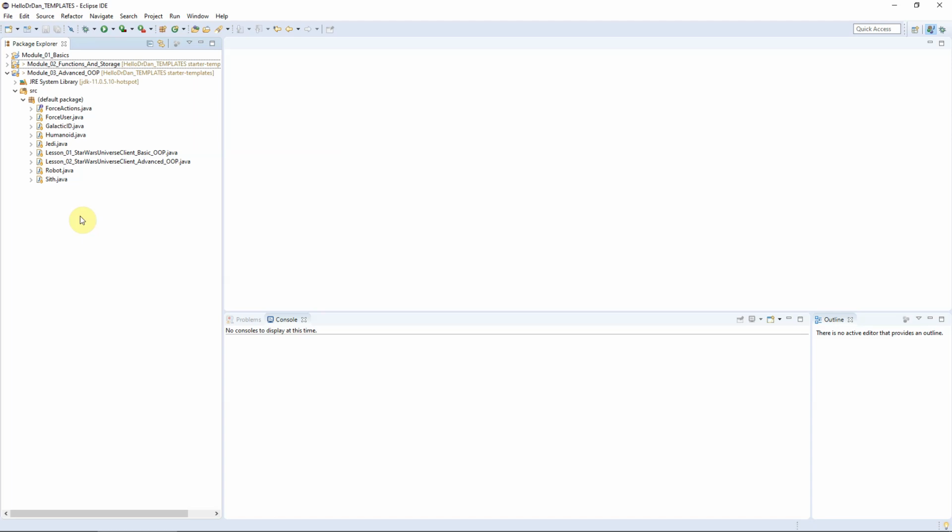But what's really neat, object-oriented programming is all about taking our programming language and being able to build structure. So up until this point, we've had a few different variables in our tool belt, right? We've had all these primitive data types, so integers, doubles, chars, booleans, right? Those are the four main primitive data types that we typically use. On top of that, we also have something called a string. We have arrays and array lists. So if you've made it through modules 1 and modules 2, you've hopefully seen, hey, we've been able to do some pretty neat stuff with just those primitive data types and array lists and